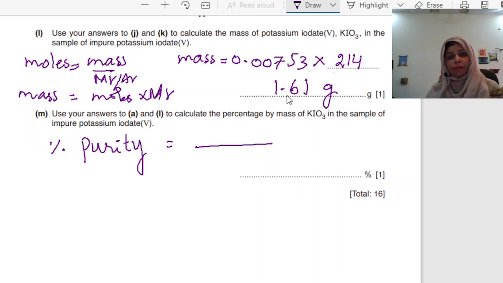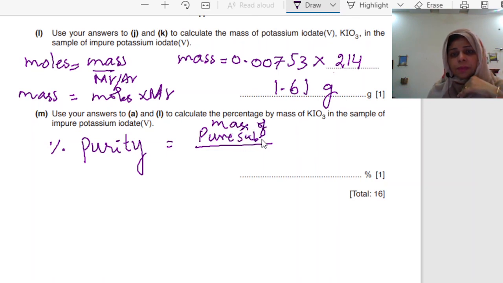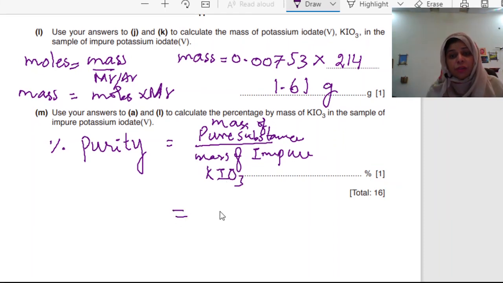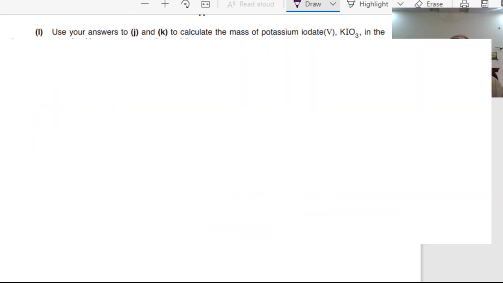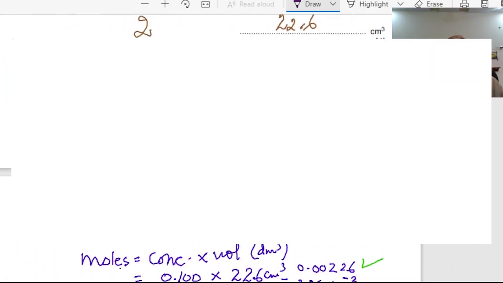So first, to calculate the percentage by mass of potassium iodate in the sample of impure potassium iodate, we write the mass of pure substance divided by the mass of impure potassium iodate, KIO3. For percentage purity, it is the mass of pure substance divided by the mass of impure potassium iodate. The pure one we have calculated after the reaction, that is 1.61, and the answer in the beginning, in part A, if you want to check what the mass was over there, that is